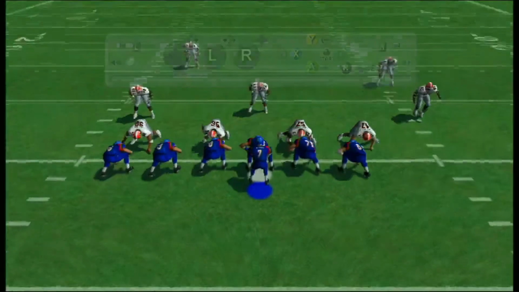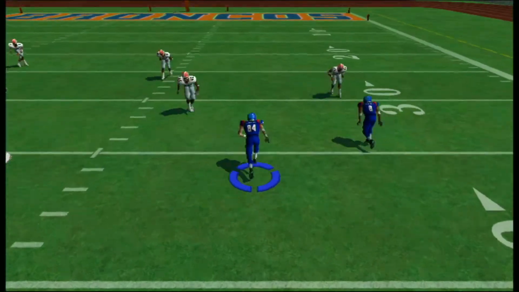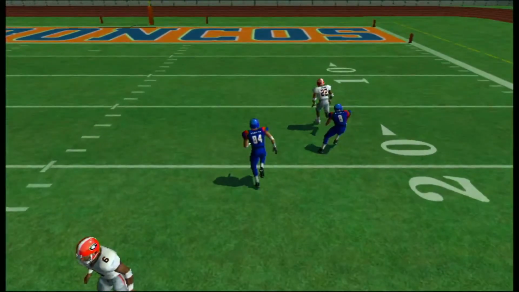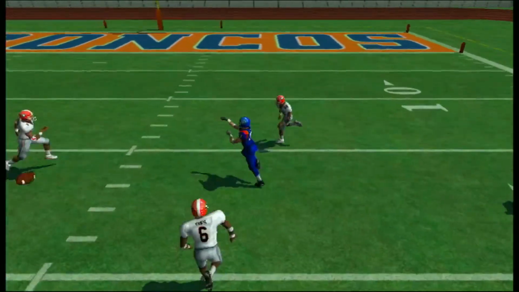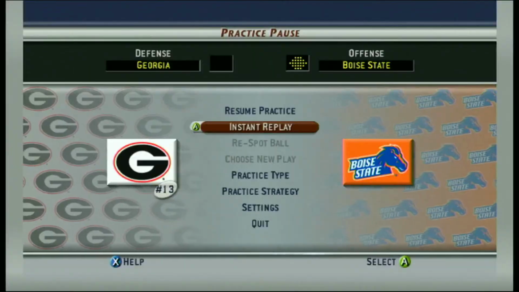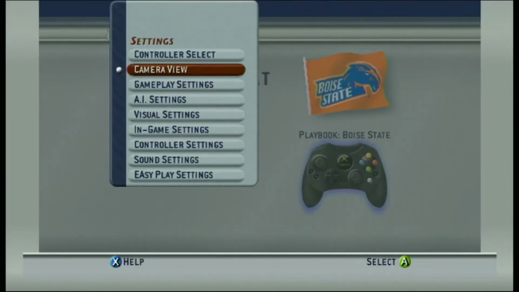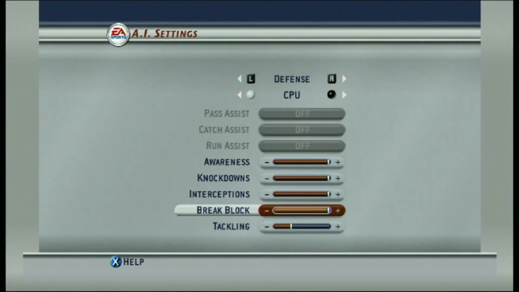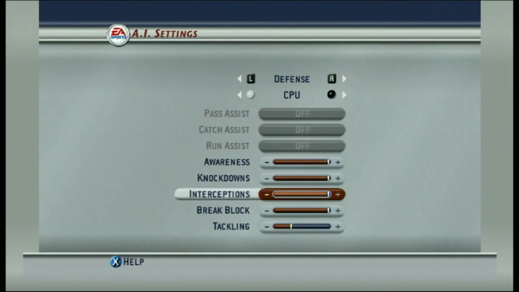So with that in mind, it's a video game. They don't do that, and he's allowed to basically just run at the seam. And when you're playing the video game, you also know that that's a weakness of the computer, is it doesn't play it, and then you fire it in here, and he one-hand catches it, and takes the shot, and all of that. And you could say that I need to go into settings, I need to go to AI settings, and I go to defense computer.